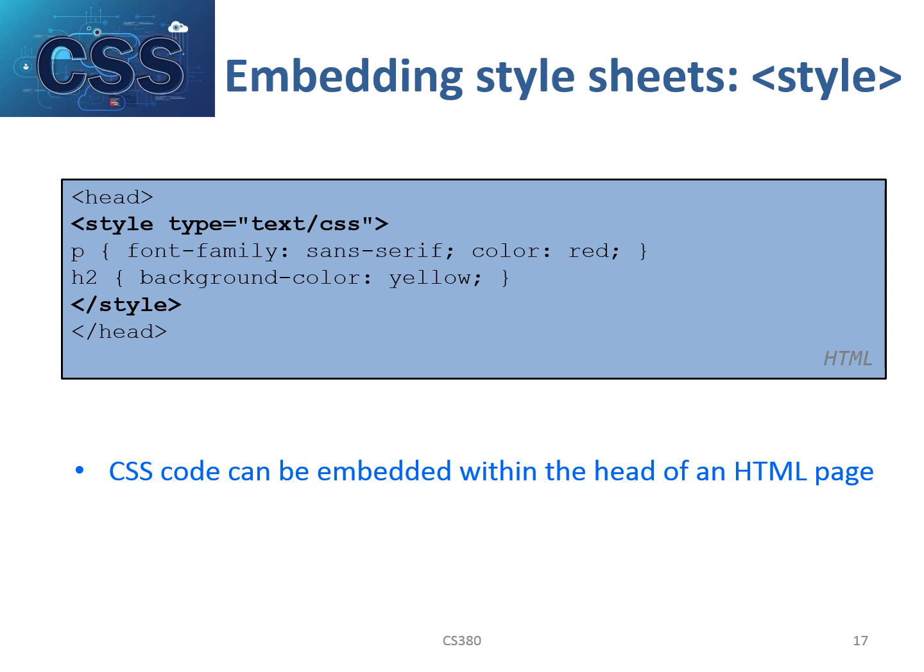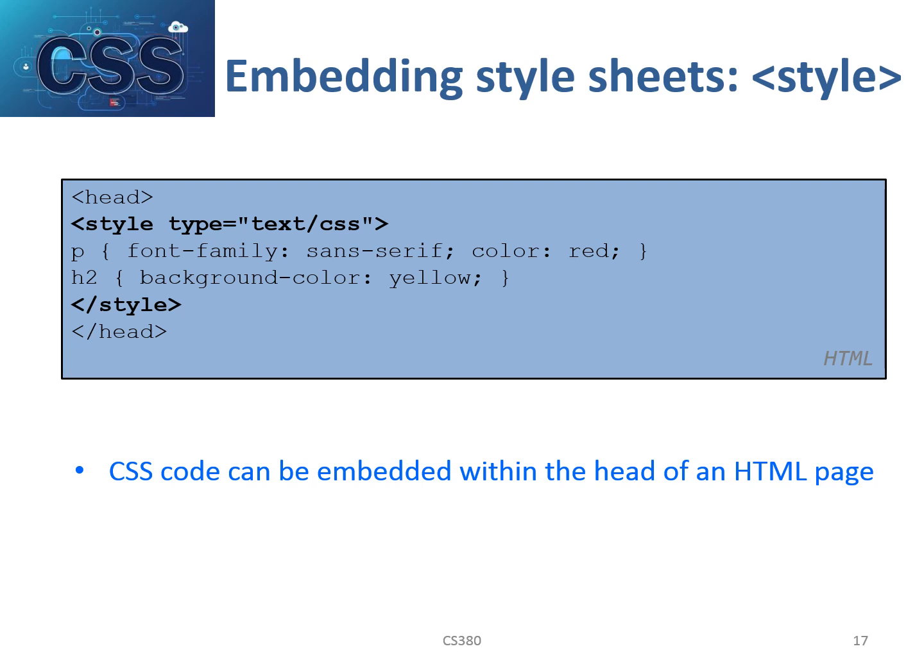Then comes the H2 tag. For H2 the property value pairs are there. Here one property is there, background color, which takes the value yellow. After specifying all the elements that require styles in the style tag, we can close the style tag and close the head tag. Then we can include the body of the corresponding HTML page.